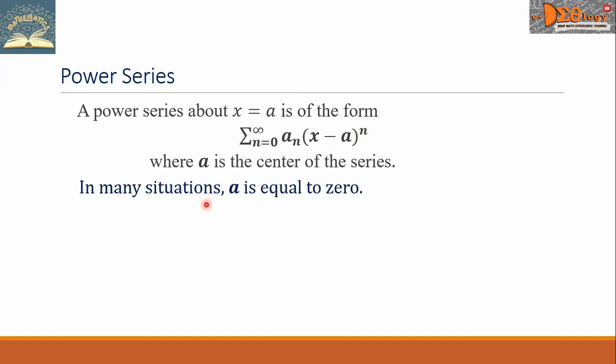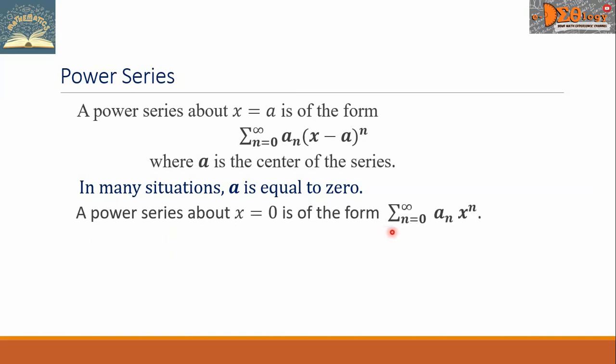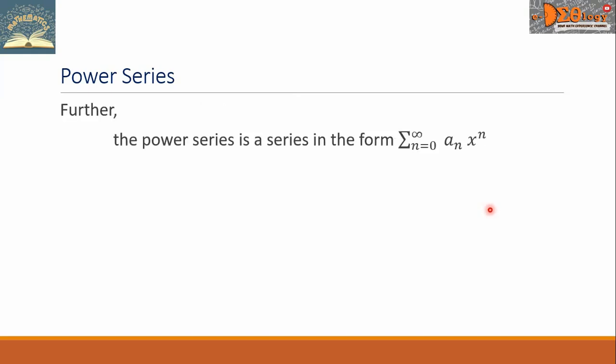In many situations, a is equal to 0. So we can write again a power series about x equals 0 is of the form summation from n equals 0 up to infinity of a sub n times x raised to n. Further, the power series is a series in the form summation from n equals 0 up to infinity of a sub n times x raised to n,